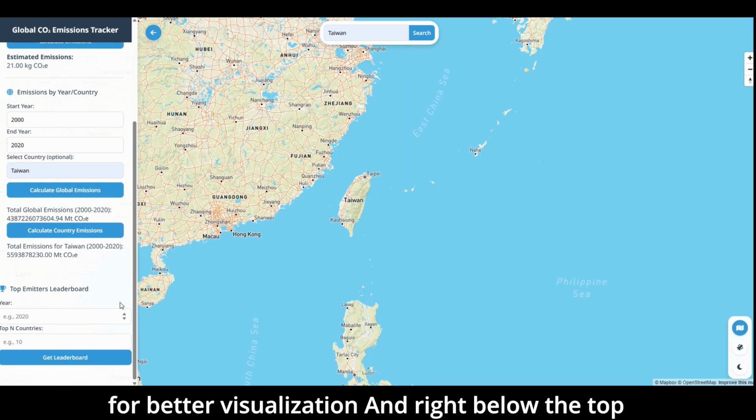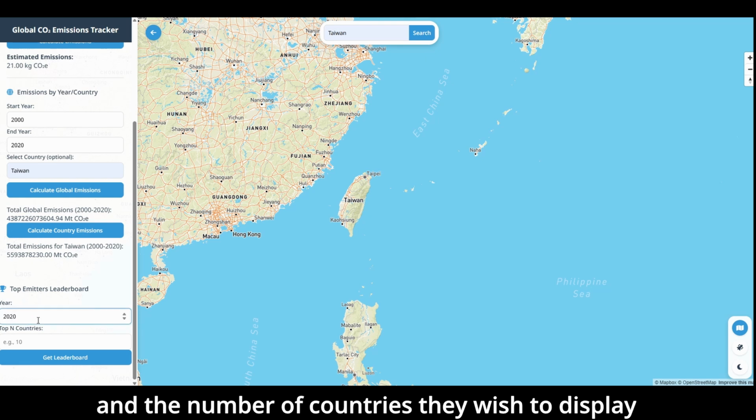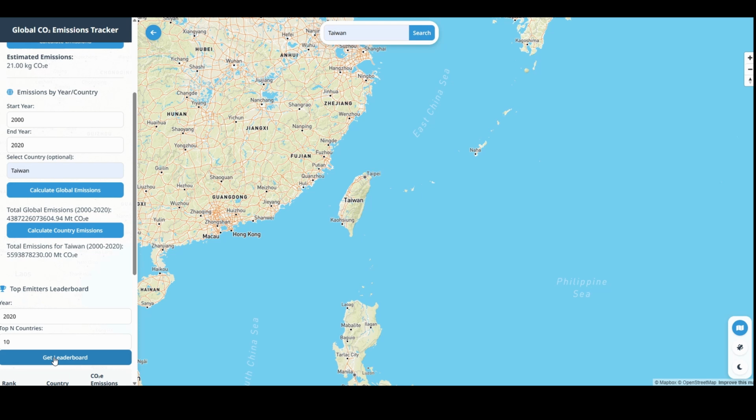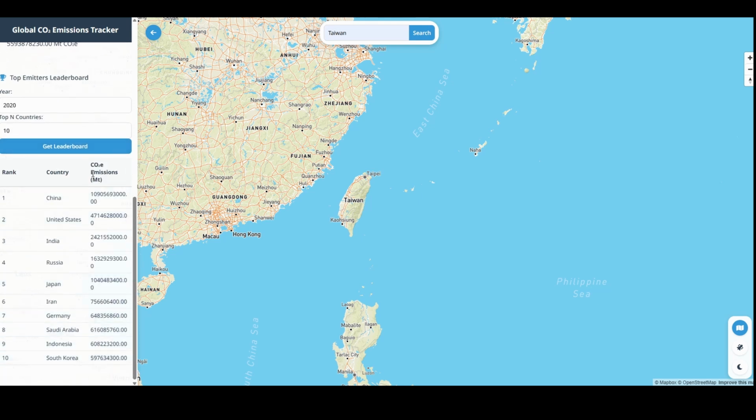And right below, the top emitters leaderboard allows users to select a year and the number of countries they wish to display. To briefly summarize the remaining sections,